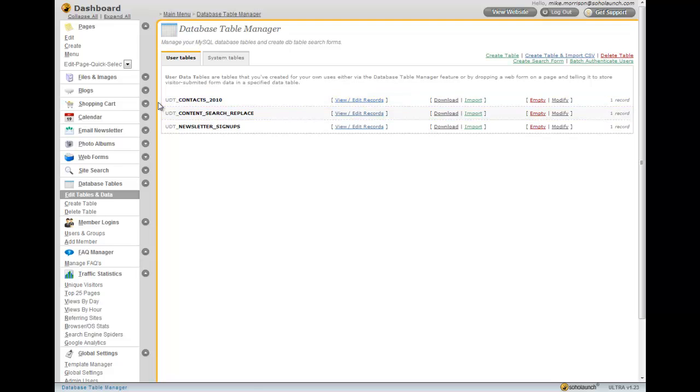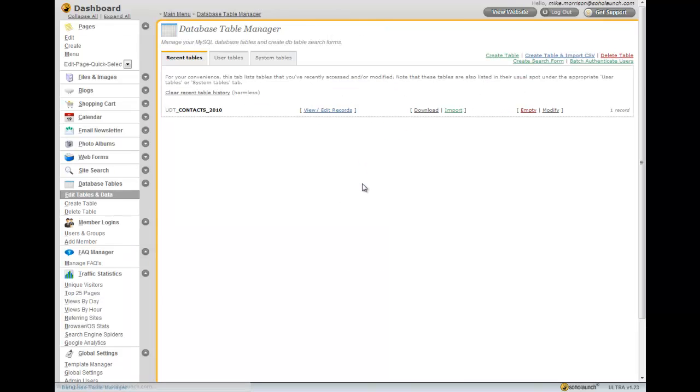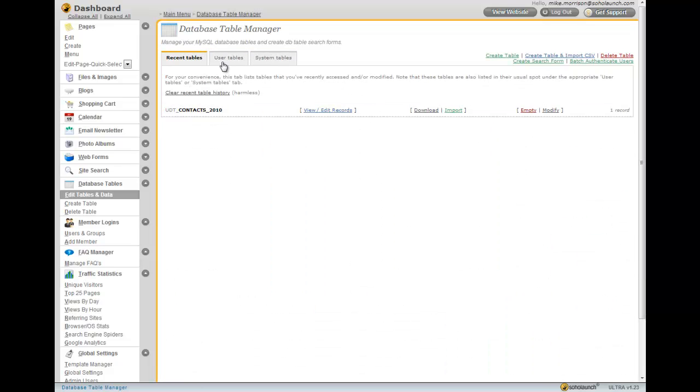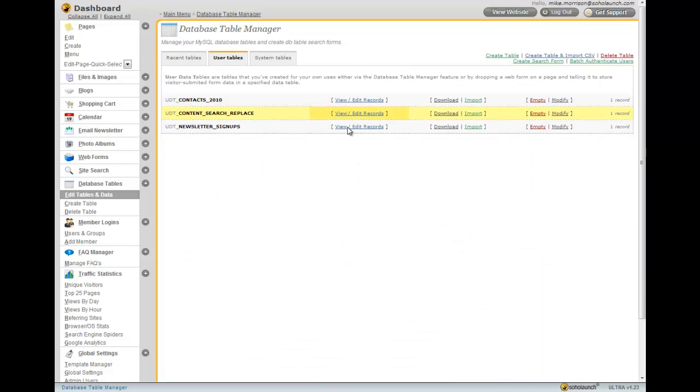But this feature is actually pretty handy if you don't mind messing with it. You can see here I have a contacts table that was created by a web form. If you've ever seen PHP-MyAdmin or anything like that, this feature is sort of a streamlined version of those kinds of functionalities. So you can view your system tables if you like, but usually you're going to be here in the user tables, which are tables that were created by things that you created, so by web forms and things